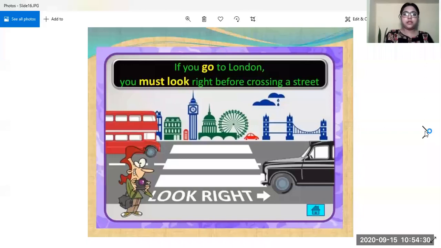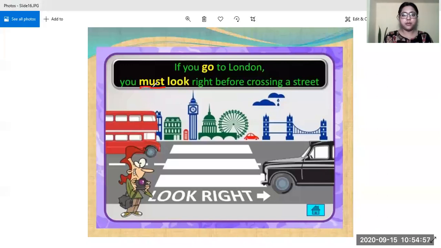Another example: if you go to London, you must look right before crossing a street. If you observed, here all three different kinds of modal auxiliaries have been used in the sentences. Here must has been used. See, must look. So this is what the sentence looks like when we use must in the first type of conditional,